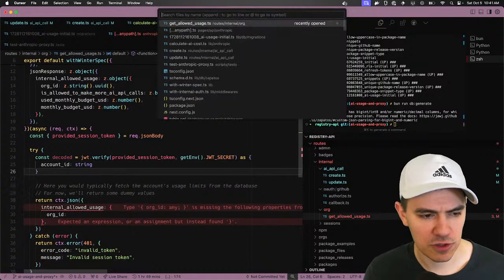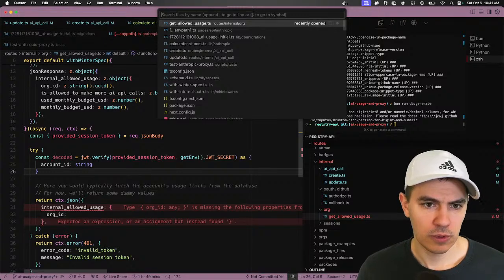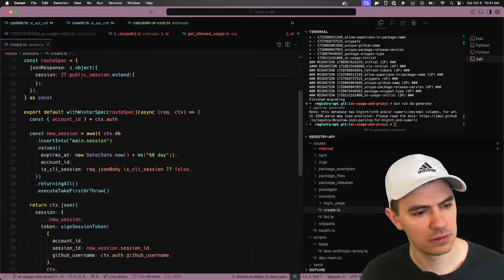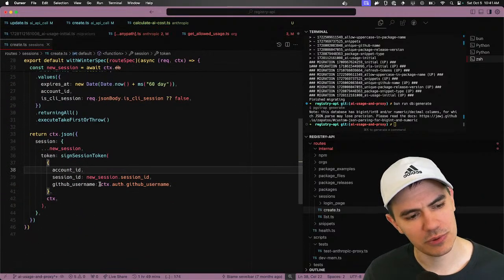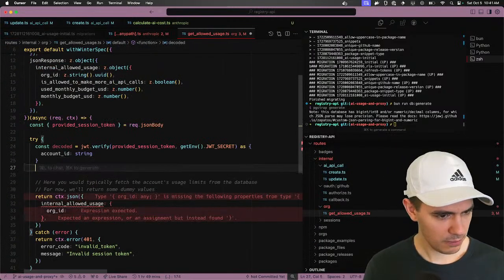The session token returns an account ID. Where do we create the session token? Session/create. What's inside of here? Session ID, GitHub username. We don't put in the org ID, which makes sense because I guess they could be part of multiple orgs.